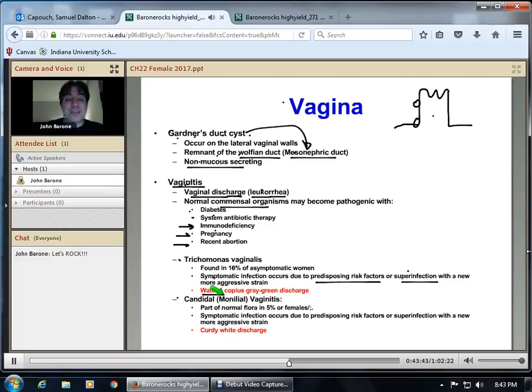Now, when you get this inflammation, you're going to see watery, copious, lots and lots of discharge, and it tends to be gray-green discharge. If I look at the cervix, this often gives me petechial hemorrhages of the cervix. They call it a strawberry cervix. So this is a lot of clues: copious, watery, gray-green discharge. You're looking at the cervix, you see a strawberry cervix. And then one more thing, if you look under the microscope, it's got motility. What kind of motility? Not tumbling, not falling leaf. It's got corkscrew